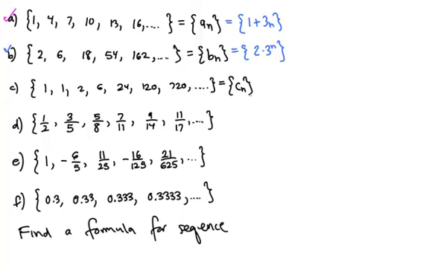So the numbers are 1, 1, 2, 6, 24, 120, 720. If I keep track of the progression here, to get from 1 to 2, I'm multiplying by 2. To get from 2 to 6, I'm multiplying by 3. Then I'm multiplying by 4. Then I'm multiplying by 5. So this isn't an arithmetic progression because I'm not adding the same thing. And it's not a geometric progression because I'm not multiplying by the same number. But this particular pattern of multiplying by 1, then by 2, then by 3, then by 4, then by 5,